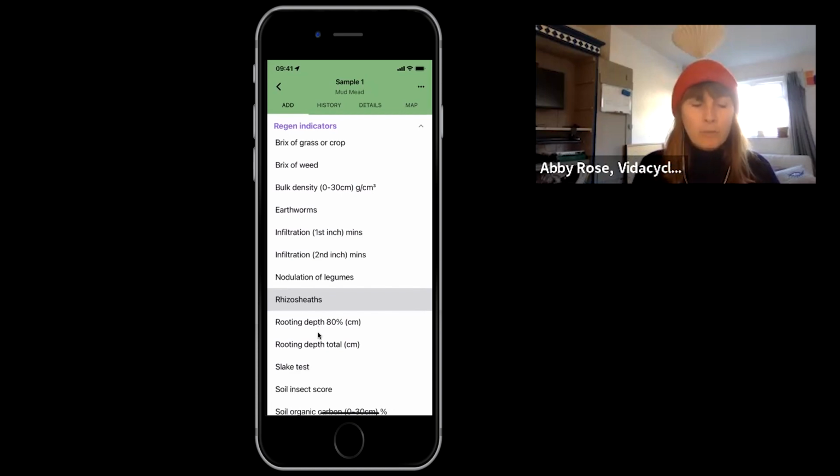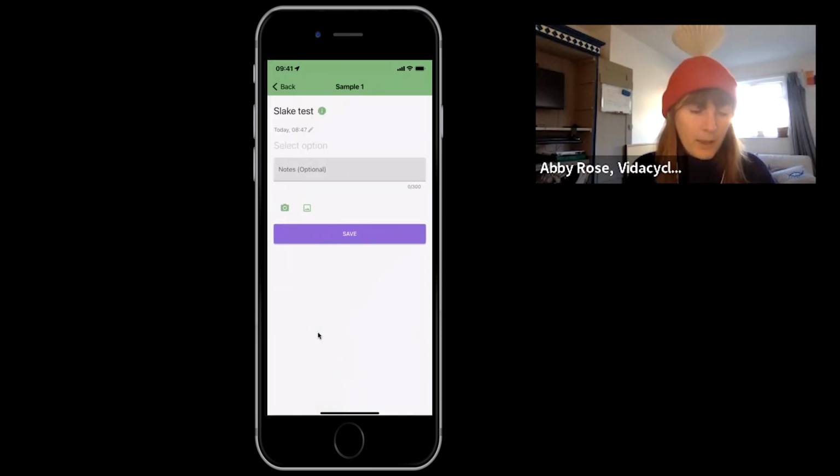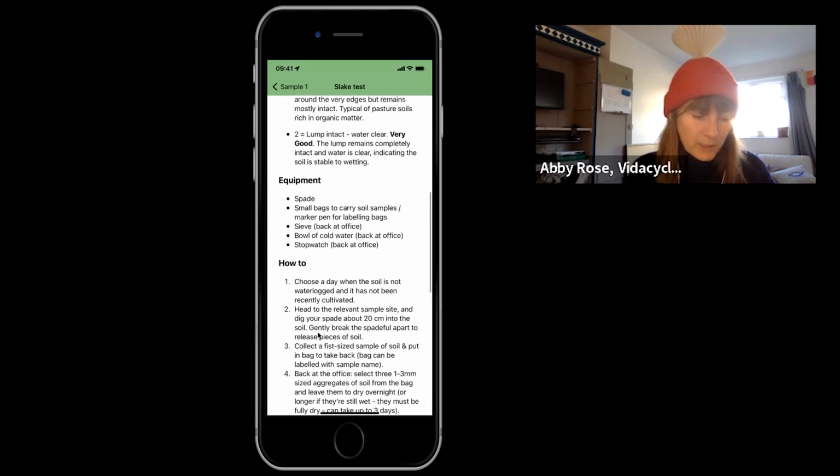So again, from what I understood, many of you will have already done a wet aggregate stability test before. So that's just here down where it says Slake test, so 3 down from Rhizosheaths. And if I click on the information button here, we can see the scoring, but if I just go a little bit lower,